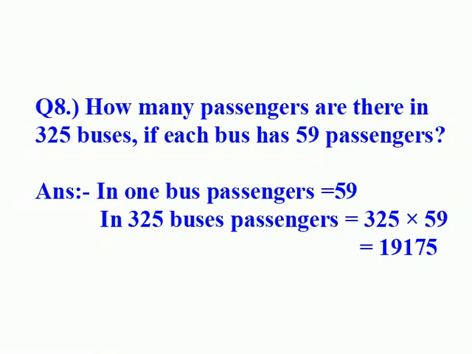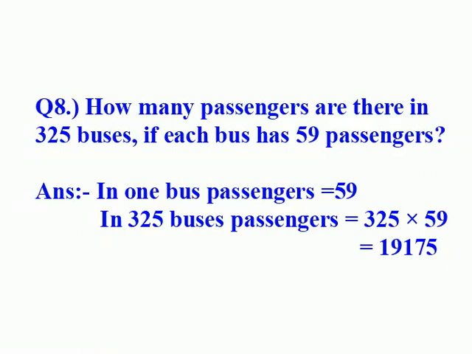अगर हम आपको ये पूछें कि अगर एक बस में 30 आदमी को लेके जा सकता है तो 5 बस में कितना आदमी को लेके जाएगा, तो आप मल्टीप्लाई करोगे 5 मल्टीप्लाई 3 एंड 5 3 आर 15 एंड 10, सो 150. तो इस तरह से आप इसको भी कर सकते हो. इसको करने के लिए भी आपको 59 पैसेंजर्स को मल्टीप्लाई करना है 325 से. सो देयरफॉर द टोटल नंबर ऑफ पैसेंजर्स कैन बी कैरीड फॉर इन 325 बसेस इज इक्वल टू 325 मल्टीप्लाई 59.